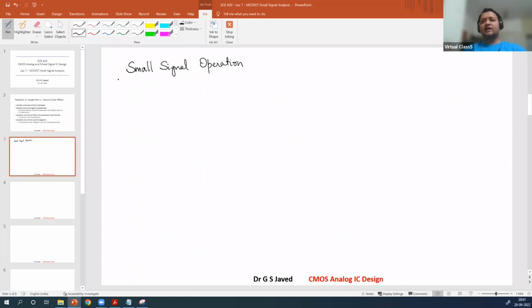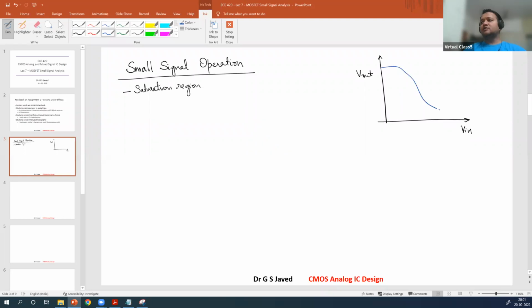And this comes directly from two things. One, it appears in the saturation region. Everybody is expected to be familiar with the input-output characteristics of a transistor. In this case, I am drawing an NMOS device whose output looks as follows. And let us quickly summarize the areas of importance. So this is going to be the